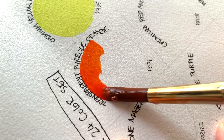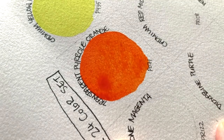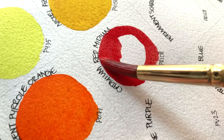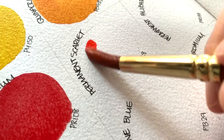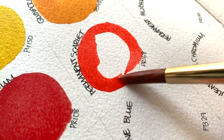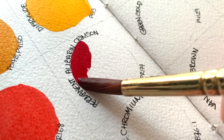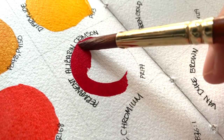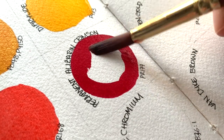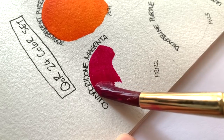Transparent Pyro Orange, made with PO71, Cadmium Red Medium, PR108, Permanent Scarlet, PR168, Permanent Alizarin Crimson, PR177, Quinacridone Magenta, PR122,